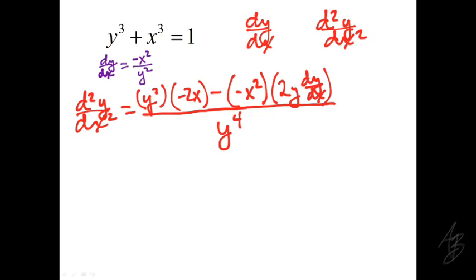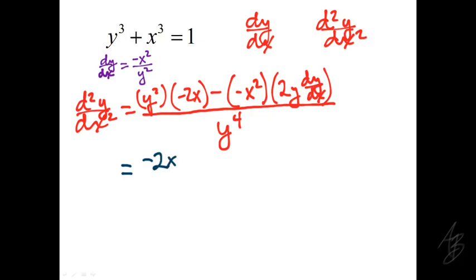This would not be an acceptable answer in a free response section of a test because we do have to get rid of the dy dx here. All we have to do here is get rid of the dy dx, but we'll go ahead and simplify this too as much as we feel is necessary. So replacing dy dx with negative x squared over y squared and doing a little bit of simplification at the same time, we get